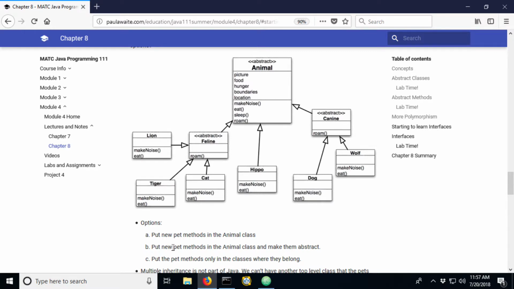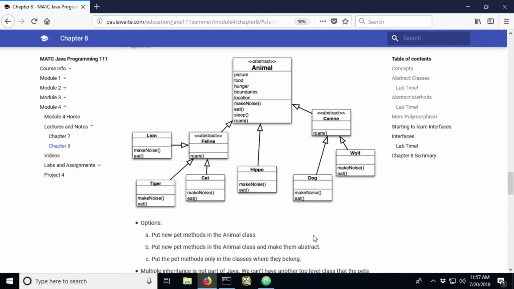So we might think, well, I'll put a method on the animal class, but I'll make it abstract. What happens then is that now I'm forcing, say, the hippo to have a pet type method implemented where it really isn't going to make sense. And then maybe what we do is just add some pet type methods on the classes where it makes sense to have them, like cat and dog in this case. The thing is, we could end up with some duplicate code there. So how do we solve this problem?